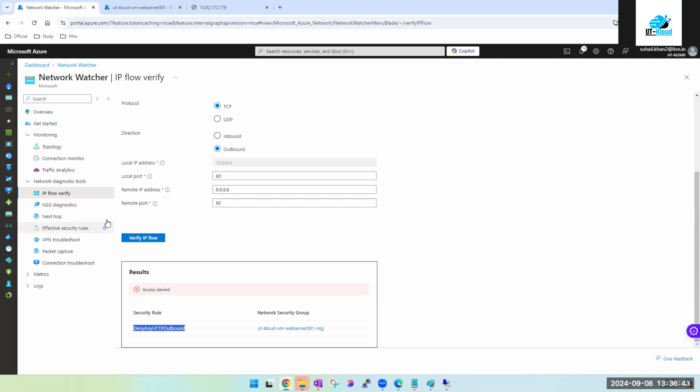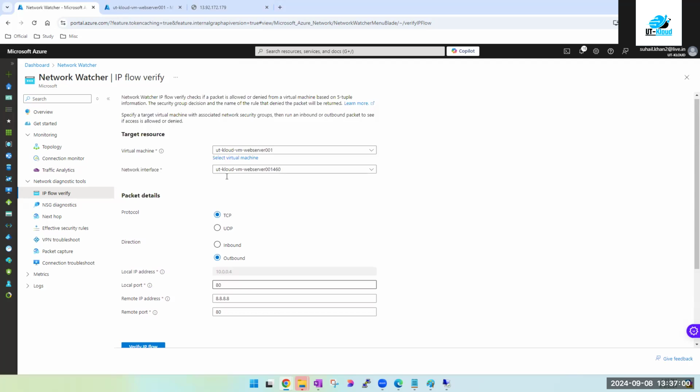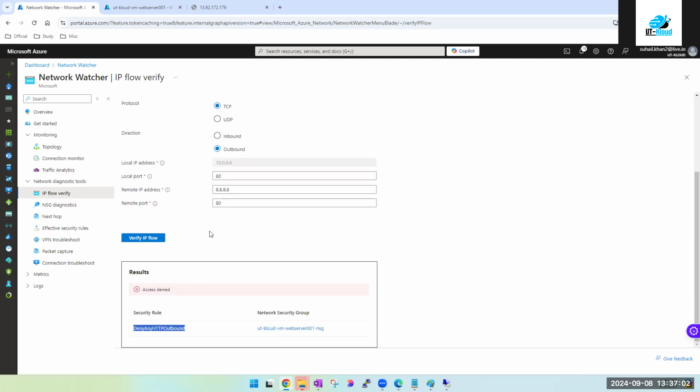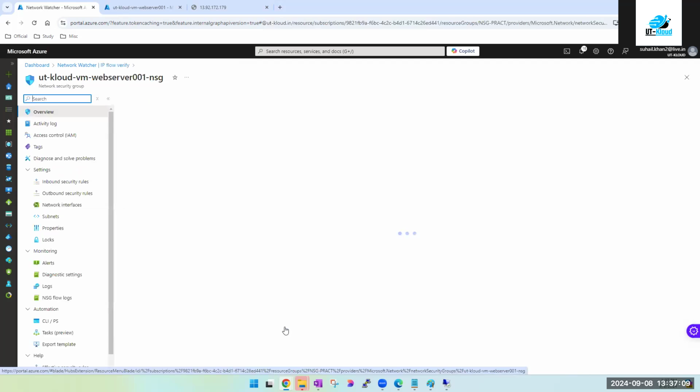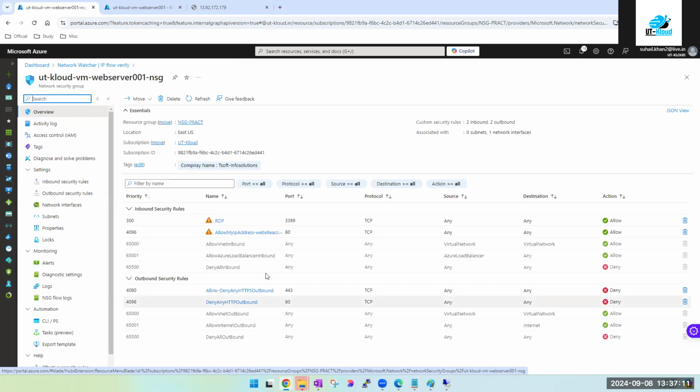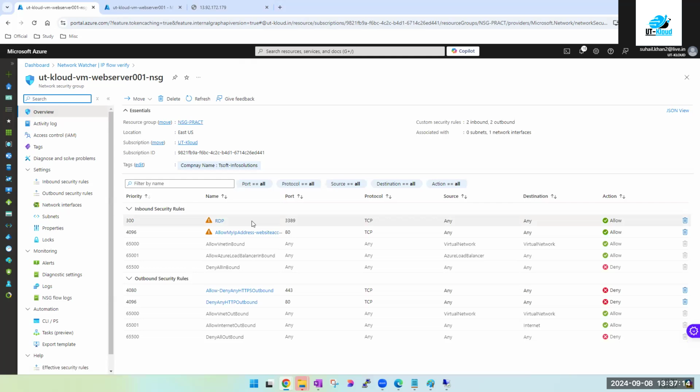Got it, guys? So you can name these two tools. Whenever they ask, you can say under Network Watcher, I can use IP flow verify. Remember the name IP flow verify. This is the tool you can use to check the connectivity. You don't literally have to go to the machine, RDP वगैरह नहीं मांगना है. You can check it here. And then you can share it with the client that this is the network security group which is blocking your access. So now you can go ahead and ask whoever is the owner to create or delete or whatever you want to do.